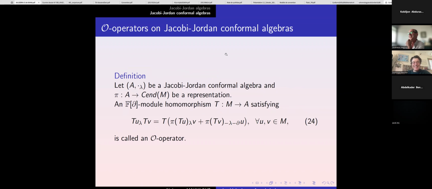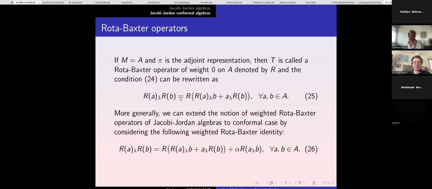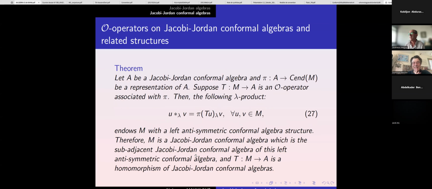Sorry. Yeah, the conclusion is we can define, for example, O operators on this Jacobi-Jordan conformal algebra, which are defined in this way. And from this, of course, the particular case will be the Rota-Baxter operators in this conformal setting. And we can get all the usual constructions from this Jacobi-Jordan conformal algebra with O operators like